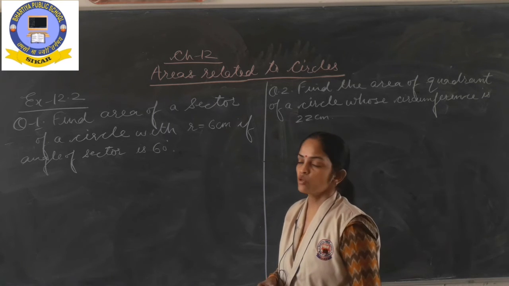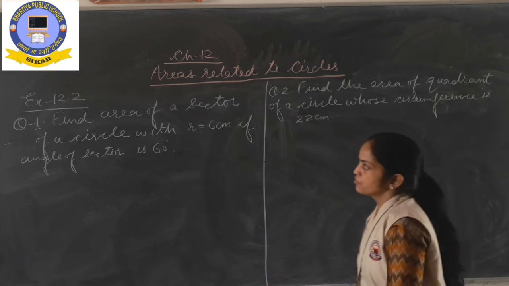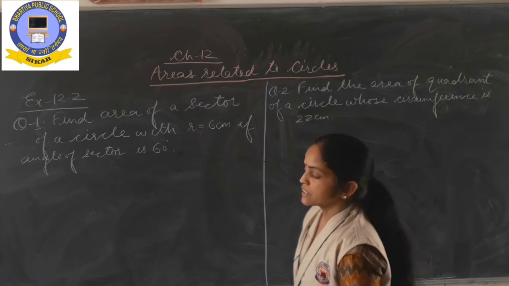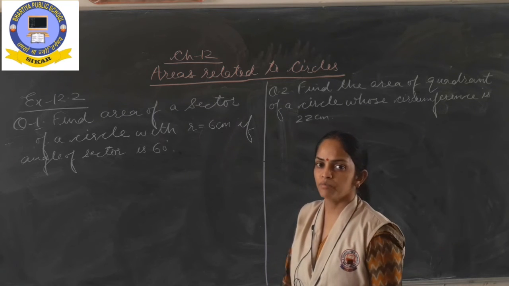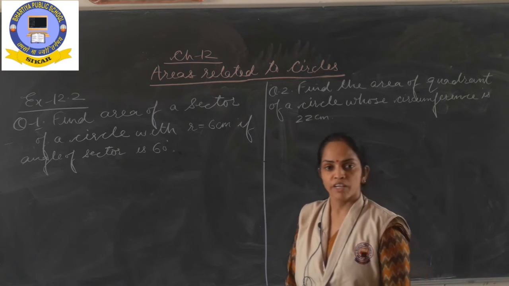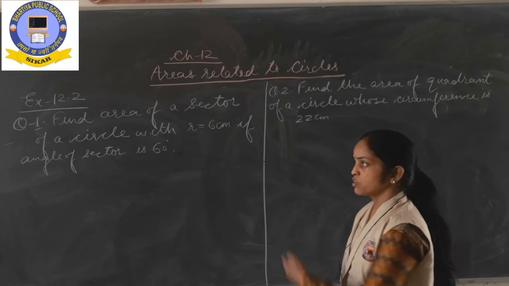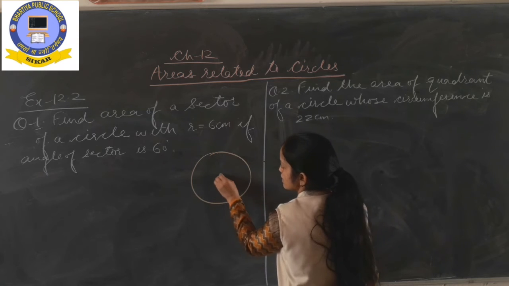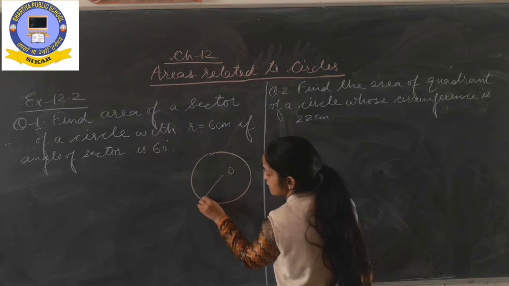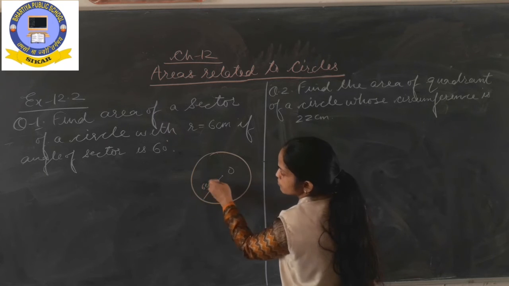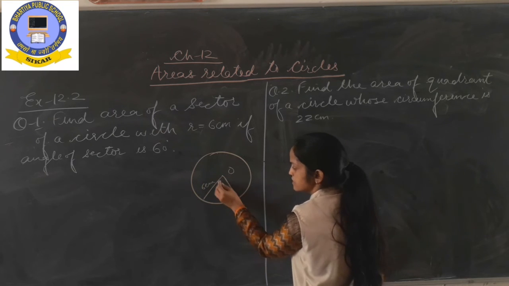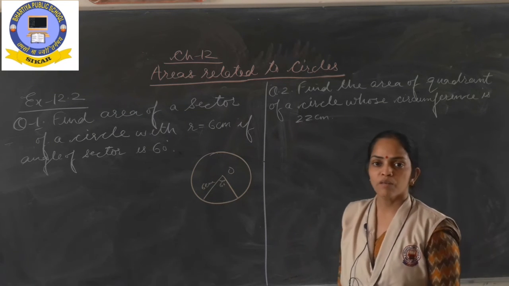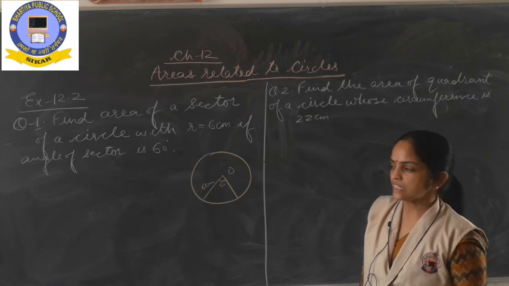Take out your NCERT book and please go through this question, which is: find the area of a sector of a circle with radius 6 cm if the angle of the sector is 60 degrees. Some of you might have tried it, because when we studied the concept of area of sector, I told you to please try the questions, because it is a simple direct question. What is given? A circle is given, its radius is 6 cm, and the sector angle is 60 degrees, and you have to find the area of the sector. So directly with the help of the formula, just put in the values and you will get the answer, right?